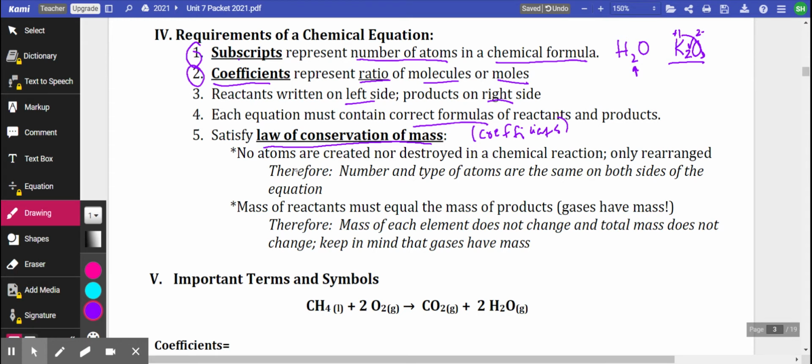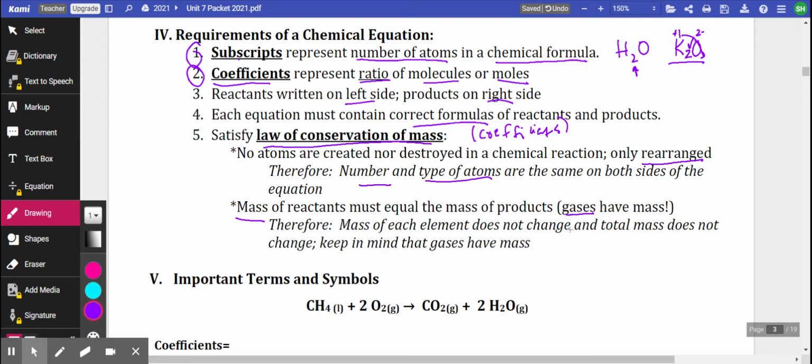Okay. It says no atoms are created nor destroyed in a chemical reaction. They are only rearranged. So the number and type of atoms are the same on both sides of the equation, which also means that the mass of the reactants must equal the mass of the products, keeping in mind that